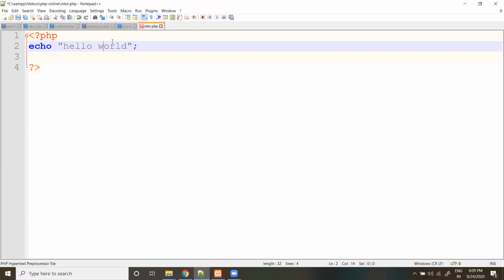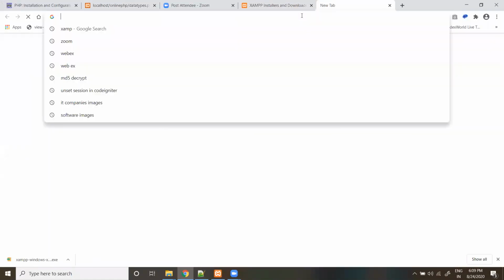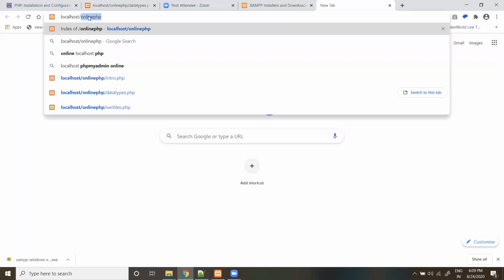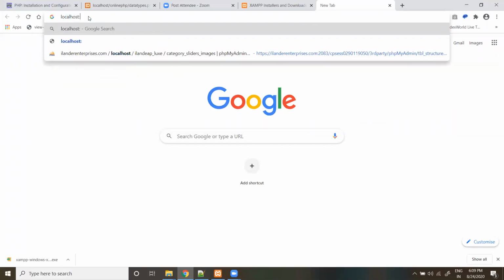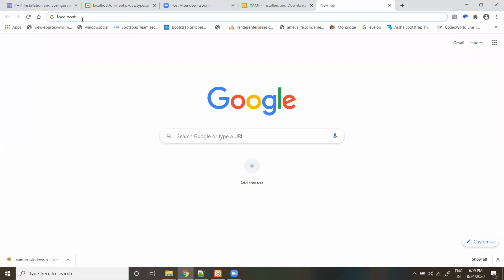To print in the output and access a PHP file, go to the browser and put localhost. If you have any port numbers, such as 80 or 443, you can directly access them.